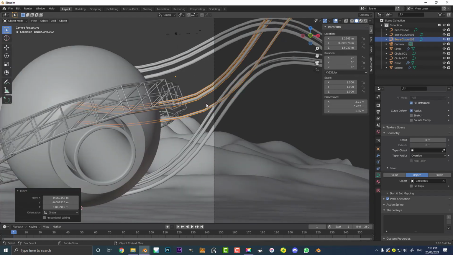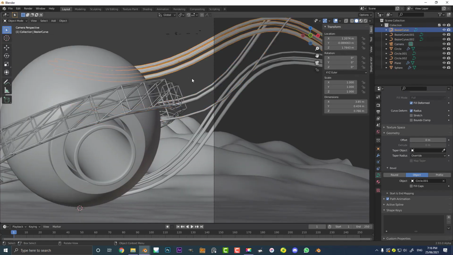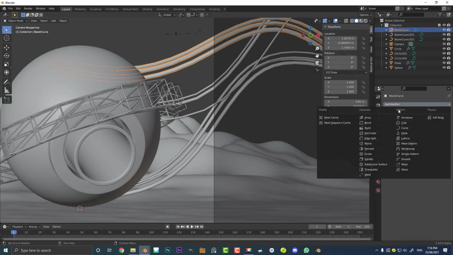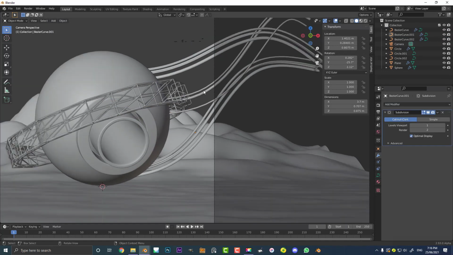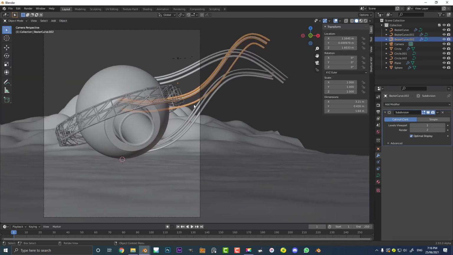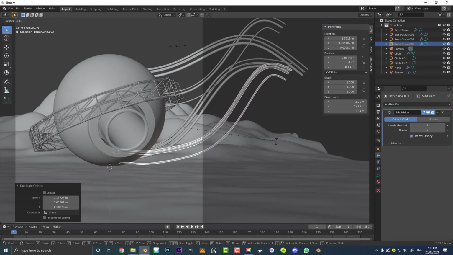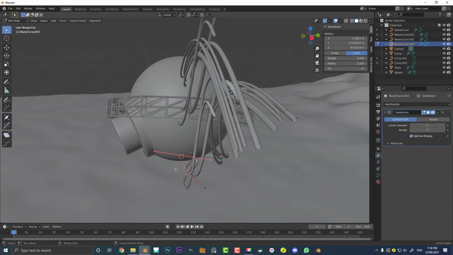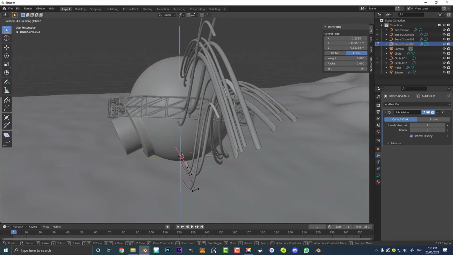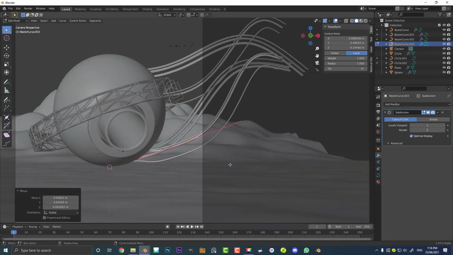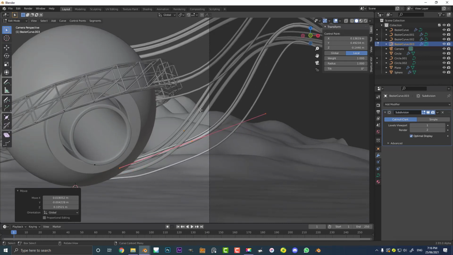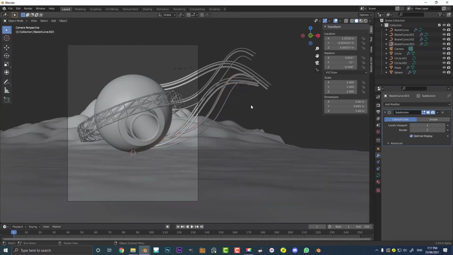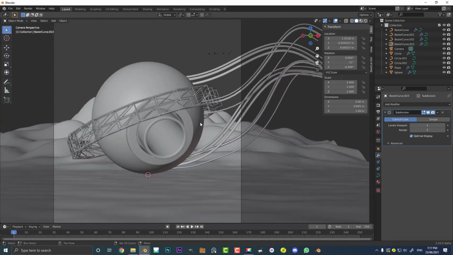So something like that. And what you can do is also grab these curve objects and give them a subdivision surface modifier to smooth them out a little bit more as well. Okay, and now we can grab this droopy cable, Shift D to duplicate it, bring it down here, add another one behind here, go into edit mode, grab that handle, and give a little bit more detail to the cables at the bottom here. We just want these loose looking cables laying at the bottom, so it doesn't look all too perfect. We want it to look a little bit random,